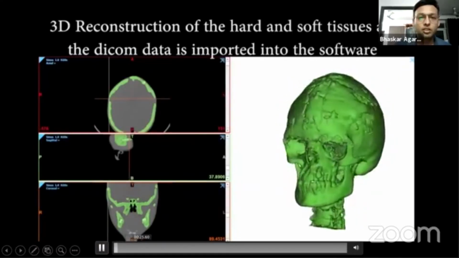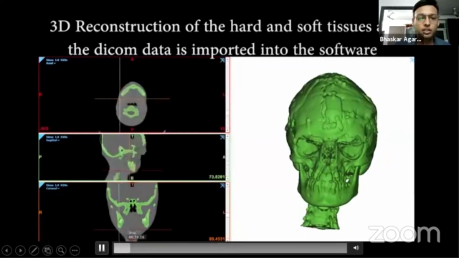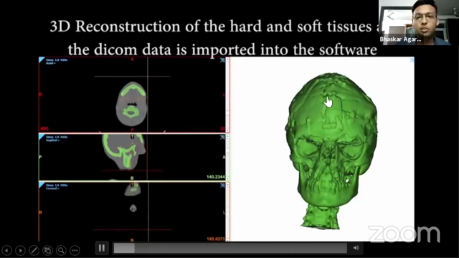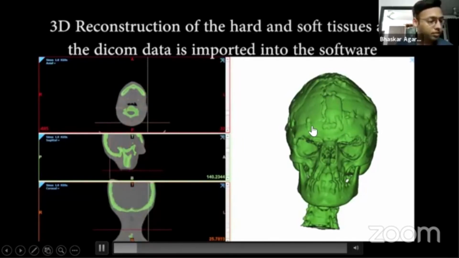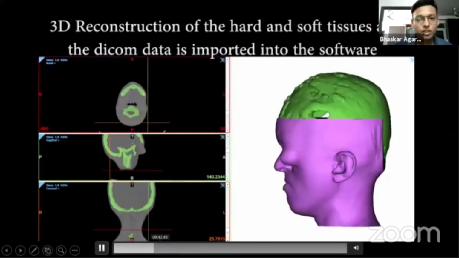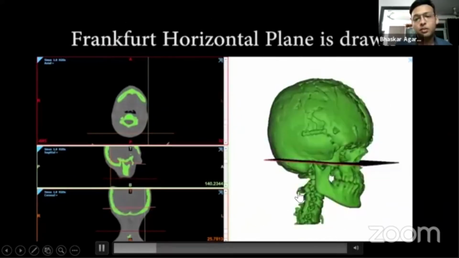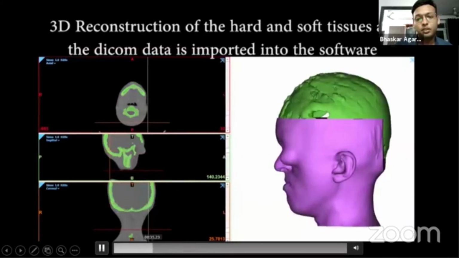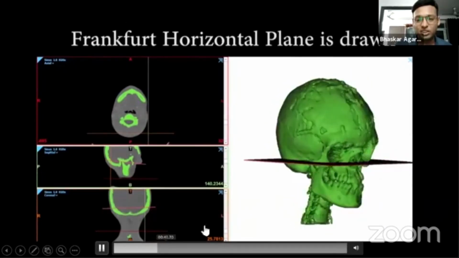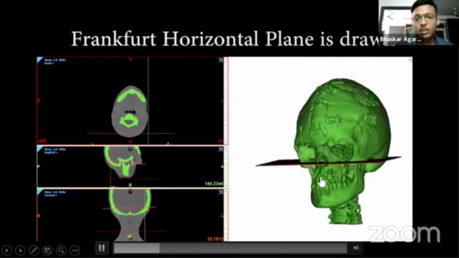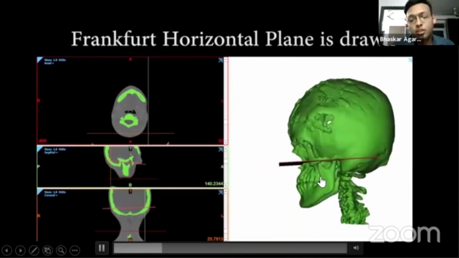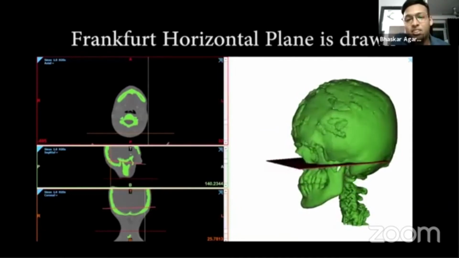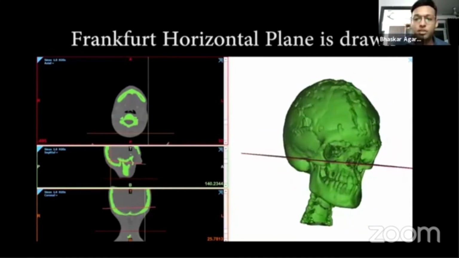So the data is fed into the planning software. As you can see, there are multiple defects in the bone. Now the soft tissue structure of the patient is generated from the CT data. One thing you need to take care of while placing this distractor is that it has to be parallel to the Frankfurt horizontal plane.